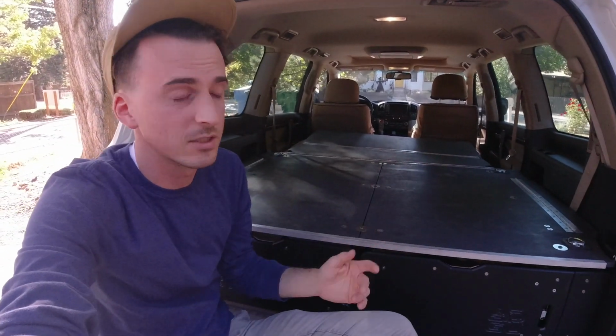sold in the United States with a 3rd row, meaning that Toyota measures payload with that 3rd row in place. So you remove the 3rd row, as I obviously have done here. Land Cruiser's payload is rated at 1,585 pounds with that 3rd row. Remove the 3rd row, each seat weighs 42 pounds, so you're looking at 84 pounds gained back. And then this system weighs...